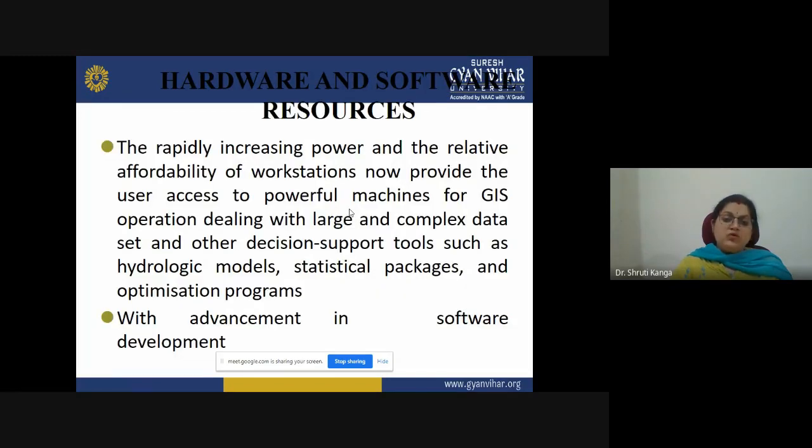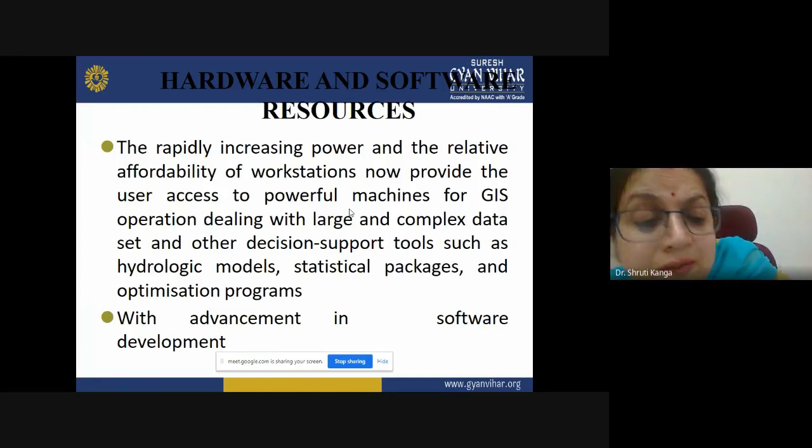Then hardware and software resources. The rapidly increasing power and relative affordability of workstations now provide the user access to powerful machines for different kinds of GIS operations and analysis, which can support different decision making.